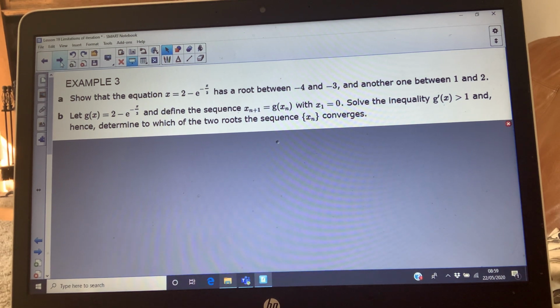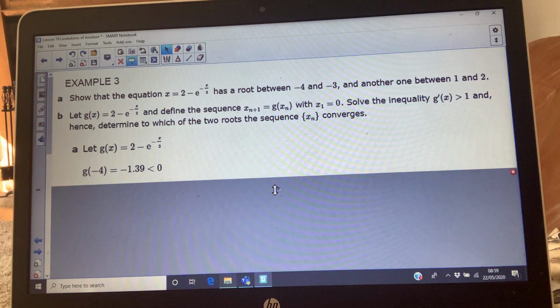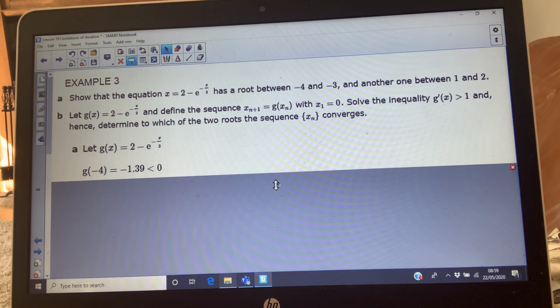Show that the equation x equals 2 minus e to the half x has a root between -4 and -3, and another root between 1 and 2. Absolutely great. So you would rearrange this to get it in the form f of x equals 0, and